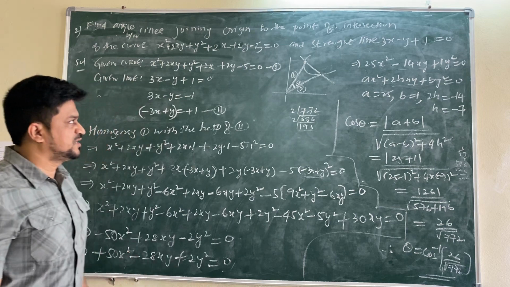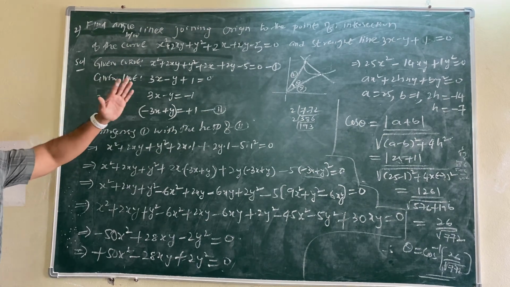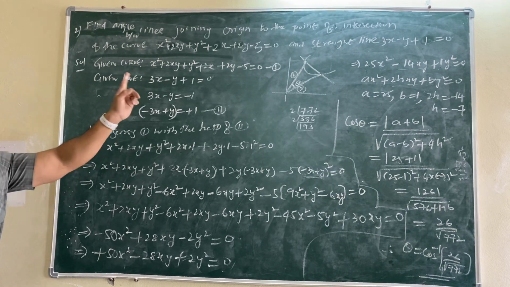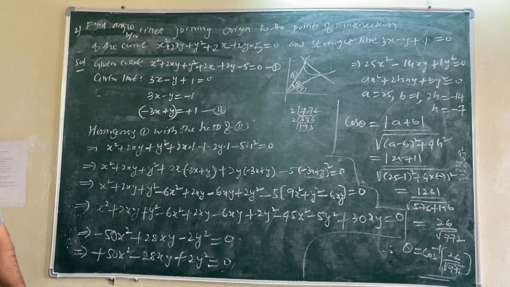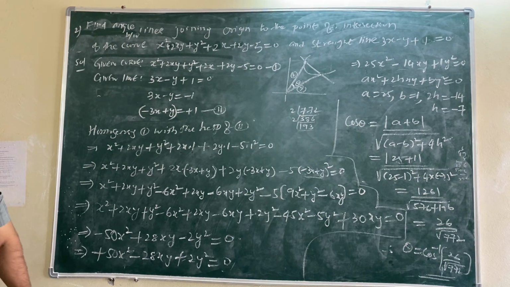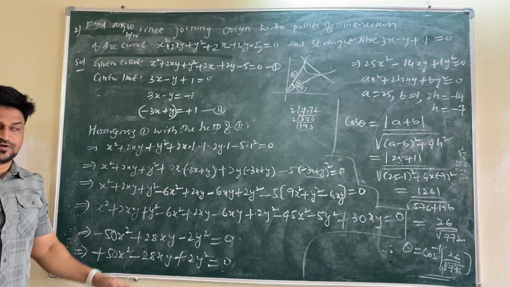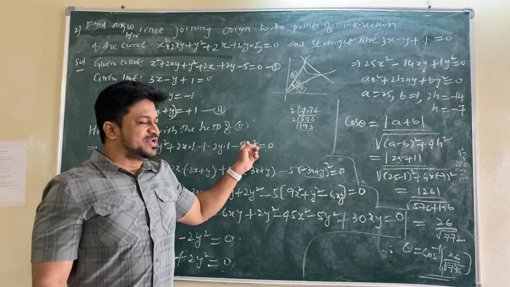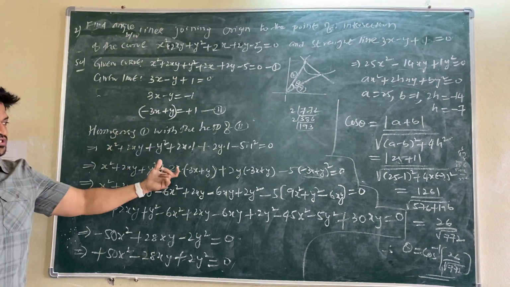So once again, check this one. Whenever we have to find the angle between the lines, which is the origin and the point of intersection of the curve and the straight line, it means we have to immediately think: a curve is there, a line is there, the point of intersection is at the origin, so what does that mean? A homogenizing problem. To homogenize, write the curve, write the line, equate the line to 1, and you have to homogenize 1 with the help of 2. Whatever values of x you have, take 1; whatever values of y you have, take 1; and the constant you take as 1 square. In that way, wherever 1 is there, you have to substitute the second equation.